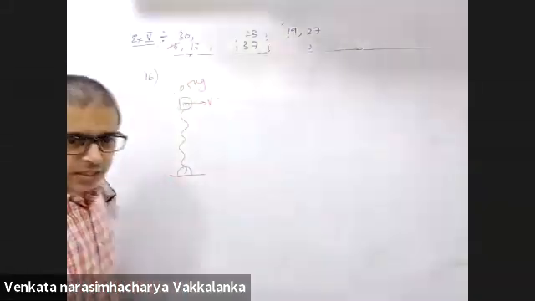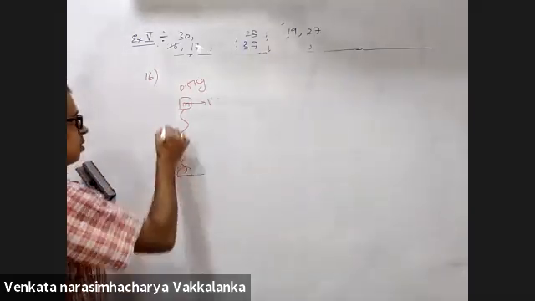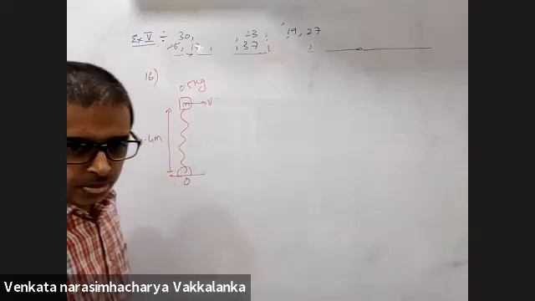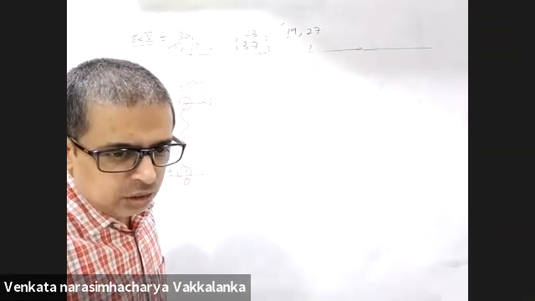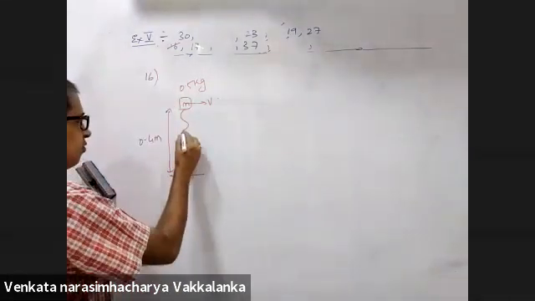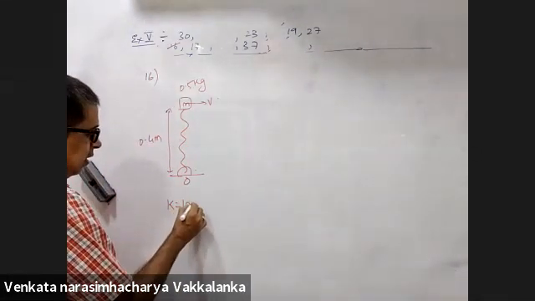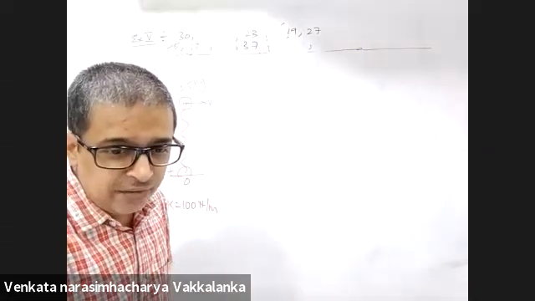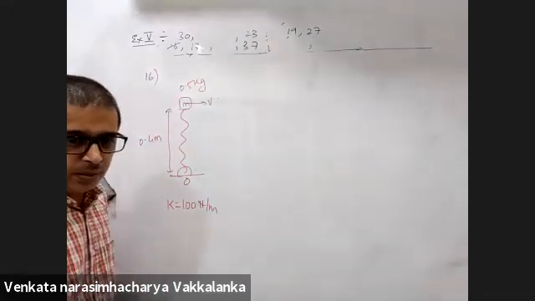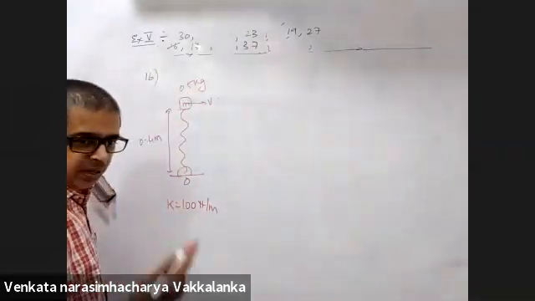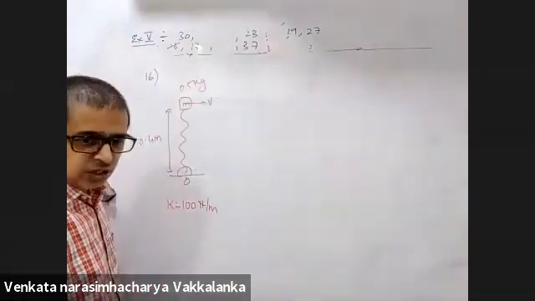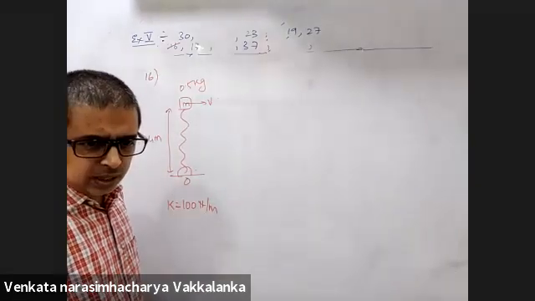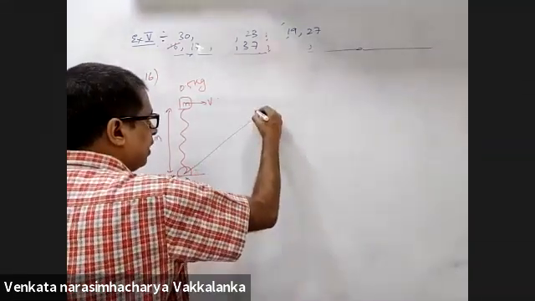Frictionless horizontal table at a distance of 400 millimeters from a fixed point. If I'm calling this O, 0.4 meters. The block is attached to a pin by an elastic cord of K, K is given as 100 Newton per meter, and of undeformed length 900 millimeters. If the block is set into motion perpendicularly, determine the speed in the beginning for which the distance O to the block P will reach the maximum value of 1.2.